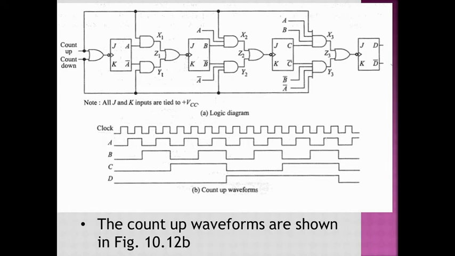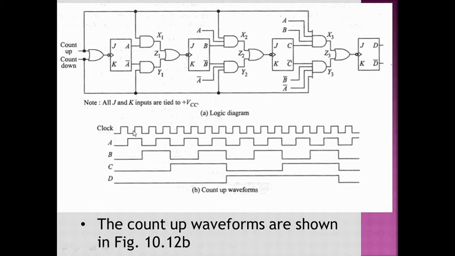So whenever A is going to be high and the clock pulse is available, the flip-flop B is going to toggle on the negative edge of the clock pulse. I'll show you in that waveform. You see that this is the waveform B. Prior to this first negative edge of the clock pulse, A is low. So the gate was disabled, and this clock is not available to the flip-flop.